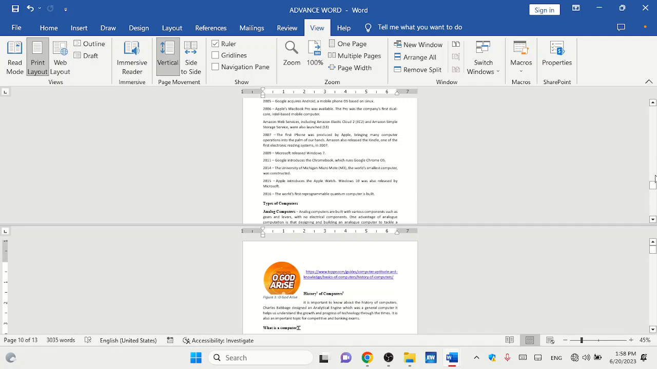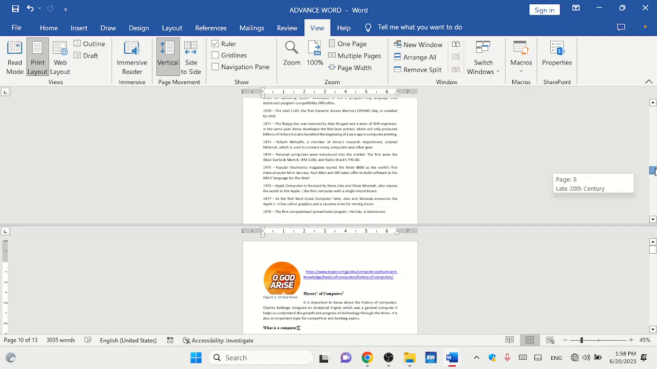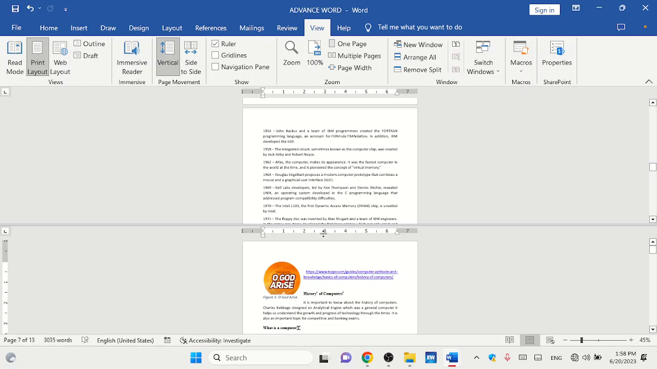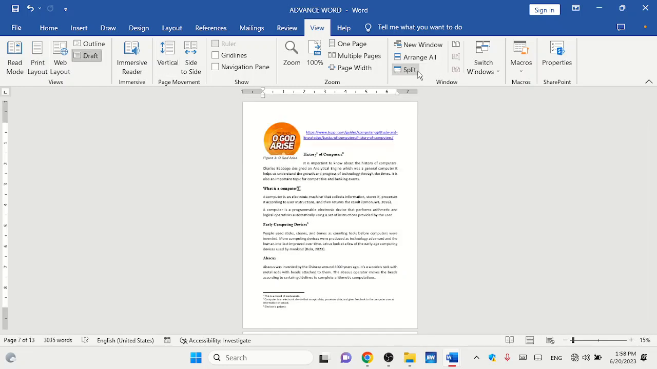Now this is the first page, and I can say, okay, let me view this part while I'm viewing this part, and so on. Once I'm done with what I want to do, I can now remove my split. And of course, I've talked about macros. If you want to switch windows,